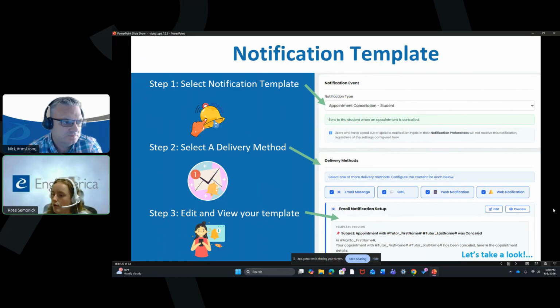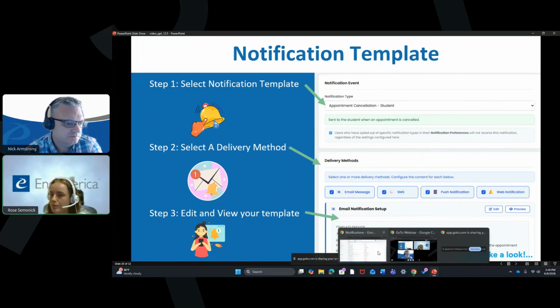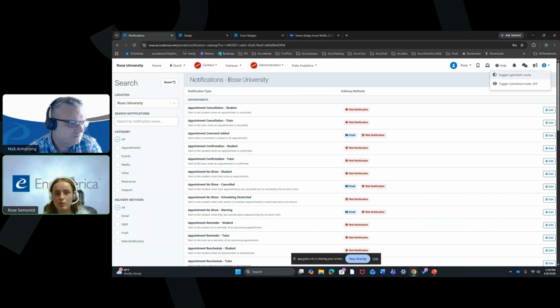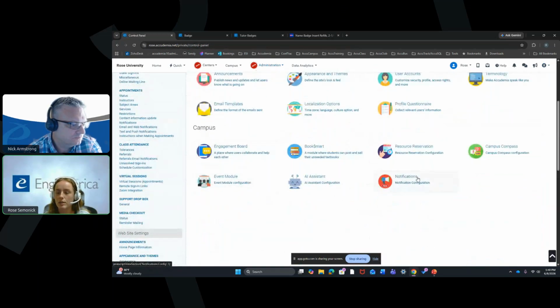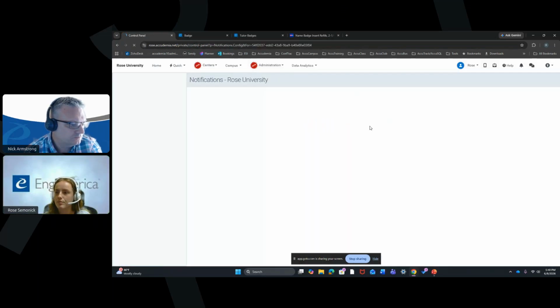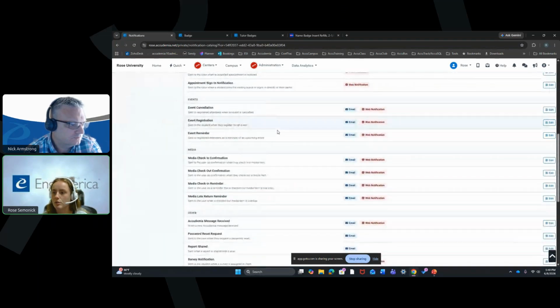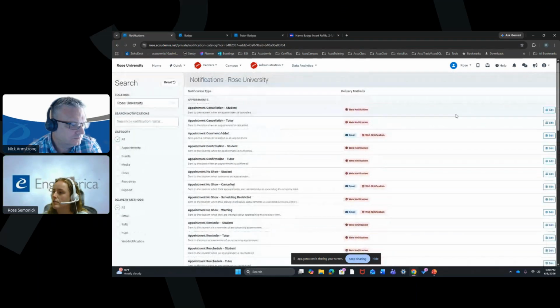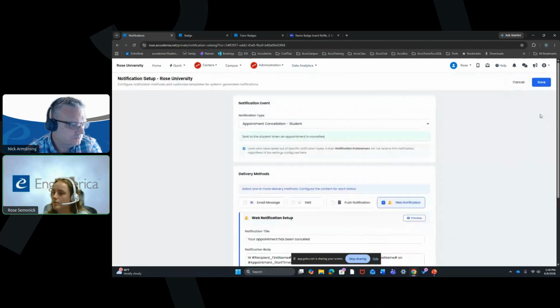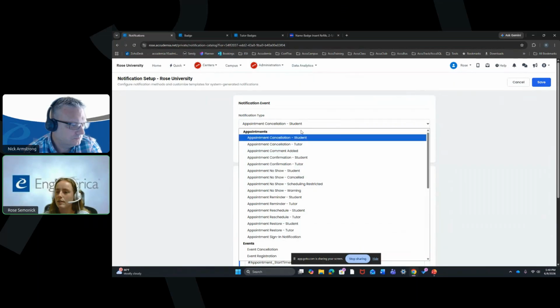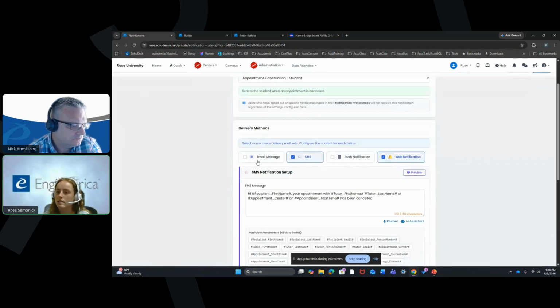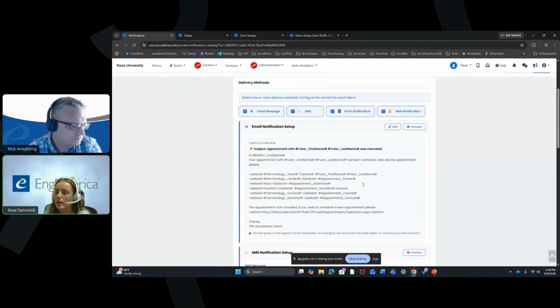So I'll go ahead and pull that up for you. So this is our new notifications page. And like I said, this should be under administration, control panel, and then it's going to be at the bottom right here. So this has all of those templates that I mentioned earlier, right? And if we go here to edit, this is where we can edit those templates, and you can just select whichever one you'd like. You can select if you want SMS, email, and push, and I'll just let you see